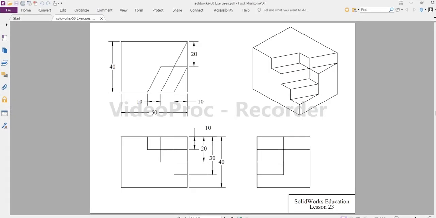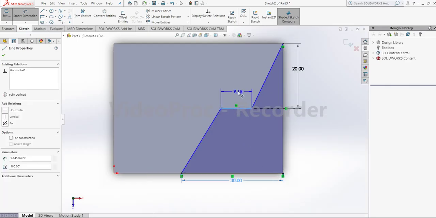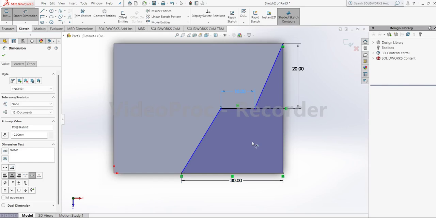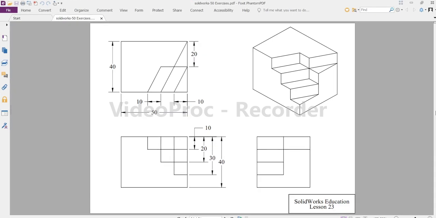Now what else? So this distance here is 10. If this is 10, this is also 10. So give here this distance as 10. Okay, so after that